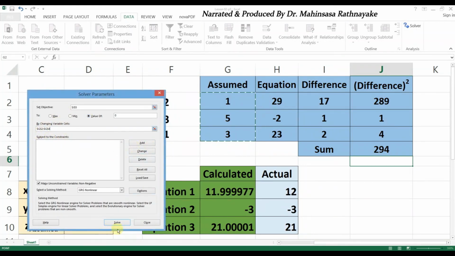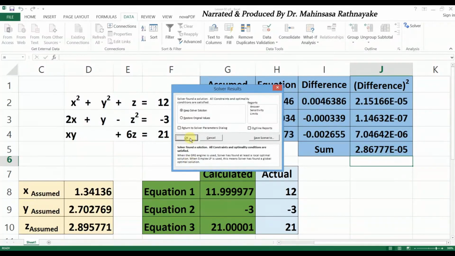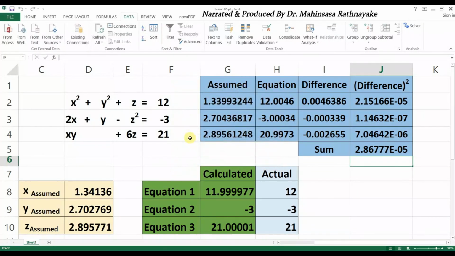Then we click on the Solve button. Then we have the solution, similar to the previous method. Like this, we can use Excel software to solve a set of nonlinear equations as well.